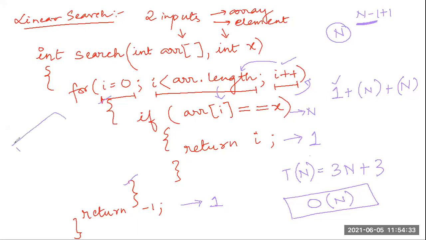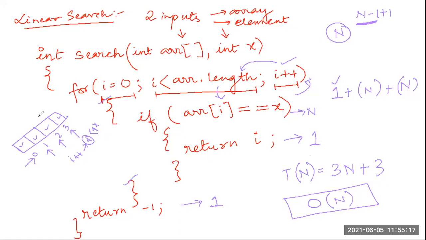See, this is our array. Suppose this is the thing, 0, 1, 2, 3. Suppose I have a few elements. I will start with 0. 0 is less than 4? Yes, true. Do something. Then i plus plus. 1 is less than 4? Yes, true. Enter. Do something. i plus plus. 2 is less than 4? Yes, true. Do something. i plus plus. 3 is less than 4? Yes, true, do something. i plus plus. In the last step you also do i plus plus. Then your i goes to 4. Is 4 less than 4?